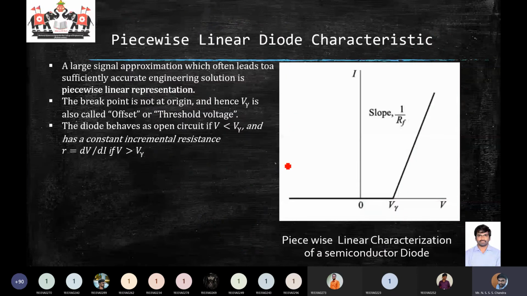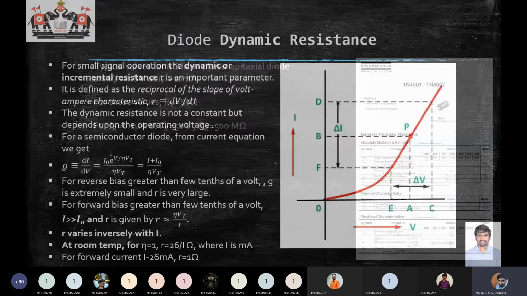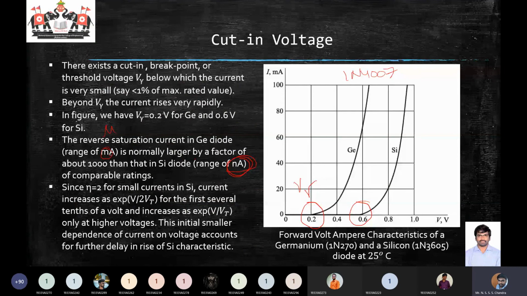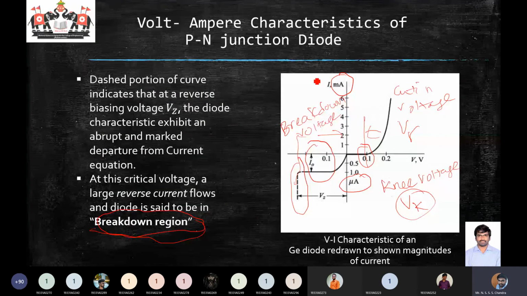Okay, so if you're taking a piecewise linear diode, this is your actual practical diode. So in the practical diode, the curve will be in this manner. Till the cut-in voltage, the current is almost negligible. It's a very small value. After the cut-in voltage, your curve is going to exponentially increase. This is a practical diode. But for our simplifications, or for all general practical purposes, to solve any practical problems, we'll not consider it as an exponential curve. Instead, we'll be solving with an approximated linear model.